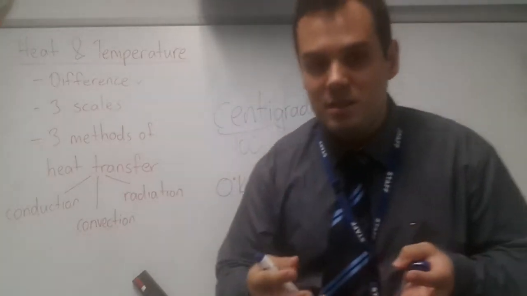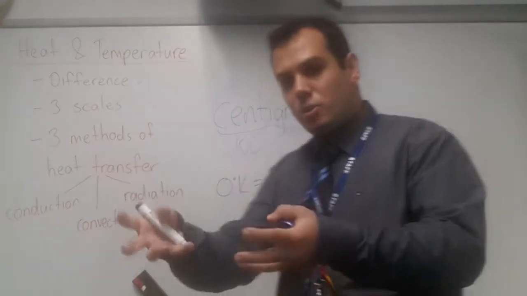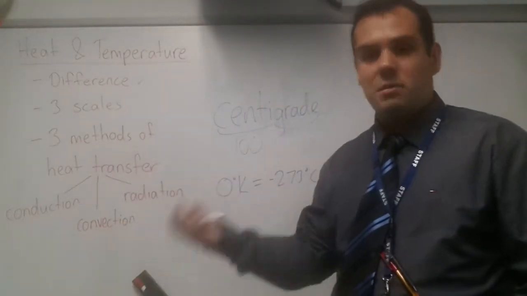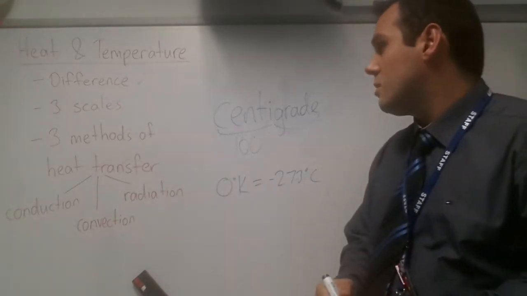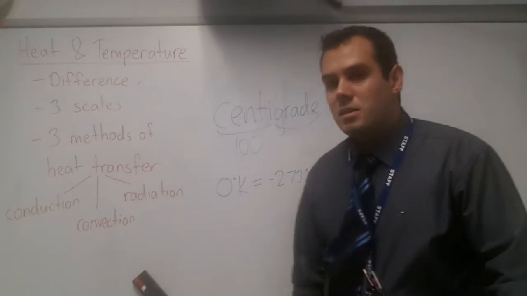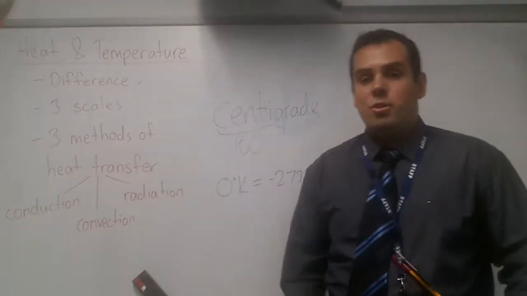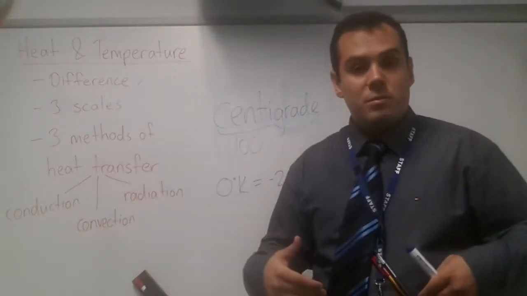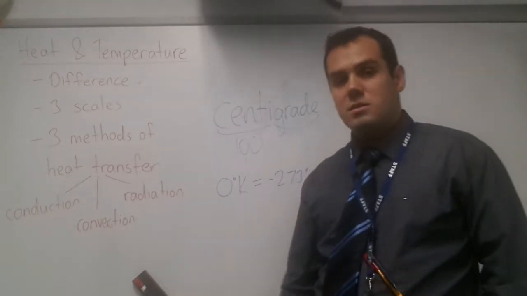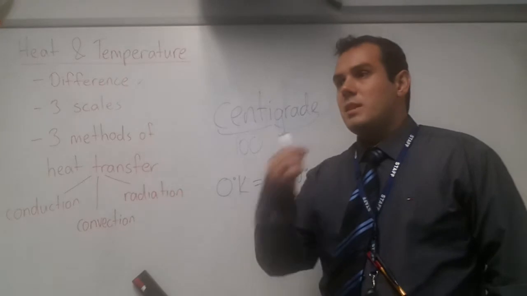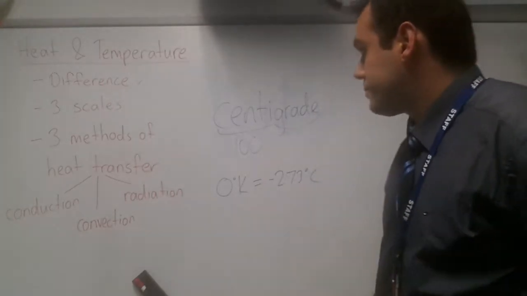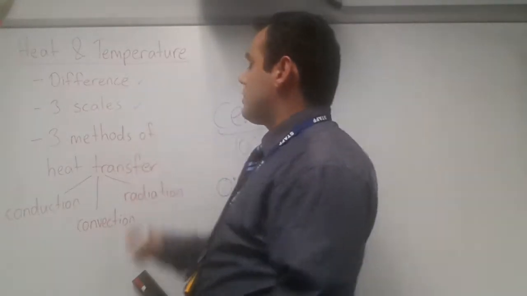Coldness is just the absence of heat. You keep taking away heat, eventually you're going to come to a point where there's no more heat, so you can't make it colder. That's what 0 degrees Kelvin is. And we use this later on in physics at university. When we talk about any temperature, we start saying, yep, that's 30 kelvins, or room temperature is around 300 kelvins. So you stop saying around 20, 25 degrees Celsius. You just say, yep, the lab was 300 kelvins. So you're going to get used to this later on. Those are the 3 scales explained: Fahrenheit,